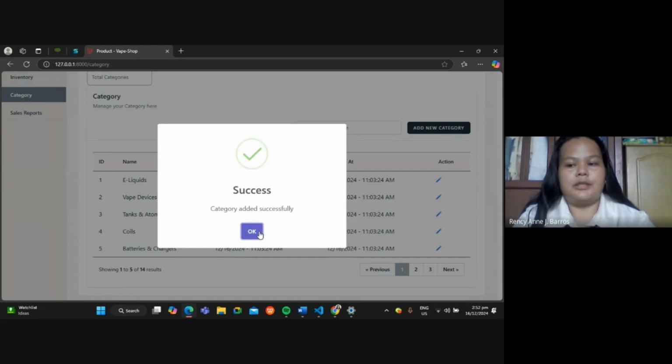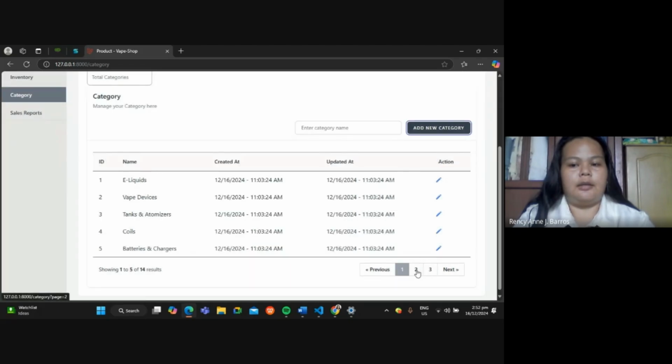A pop-up message, category added successfully, will confirm the addition, and the category table will display the newly added entry.